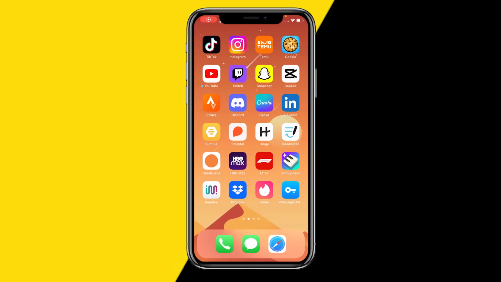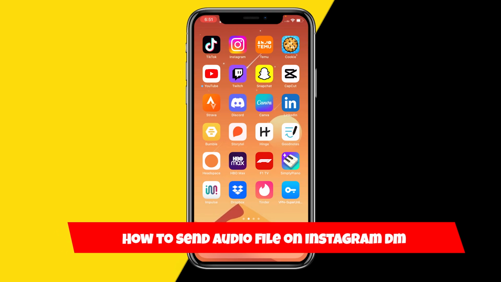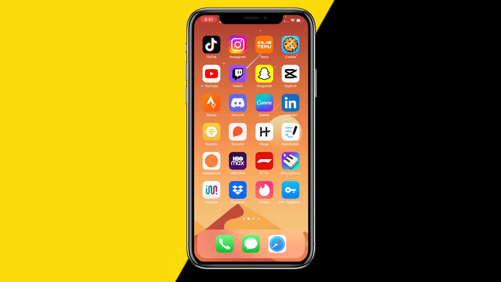Hello everyone, welcome to this video, and in this video I'm going to show you how you can send an audio file to someone on Instagram through DMs. So if you want to send an audio file to someone on Instagram DM, then here's how you can do